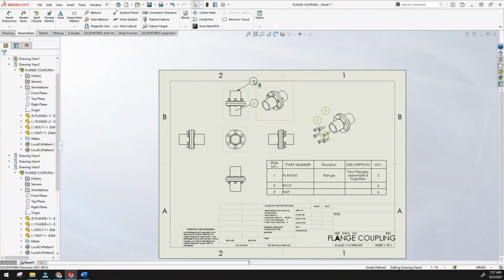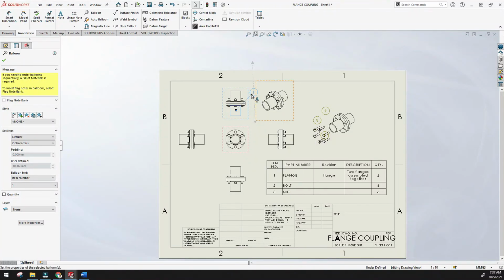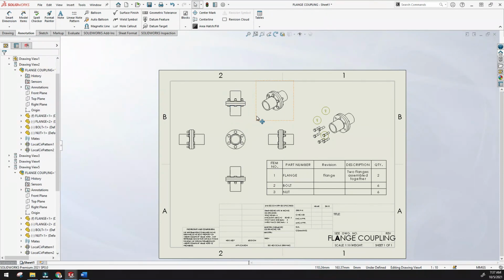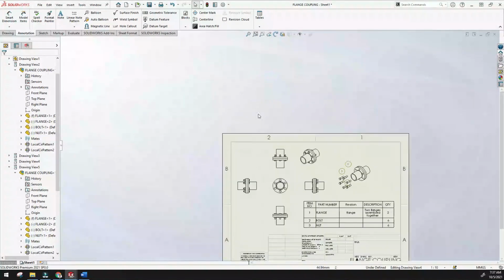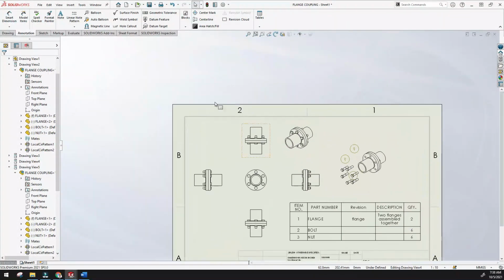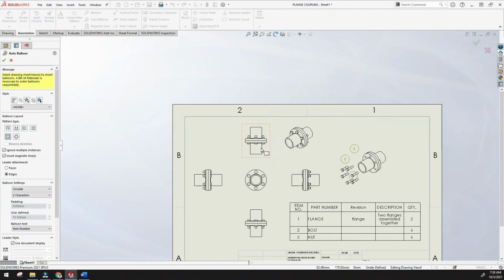Click this and right click, or just delete it by using the delete key on the keyboard. Then auto balloon, just click any one item and done, and see, auto balloon is created.